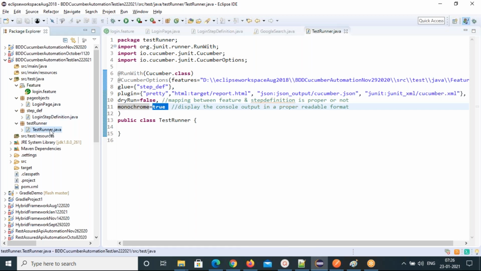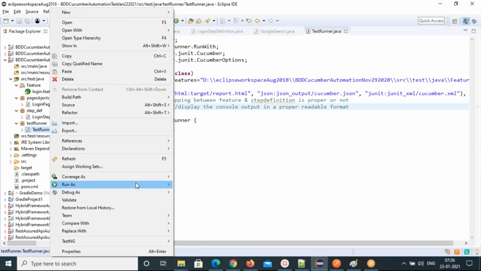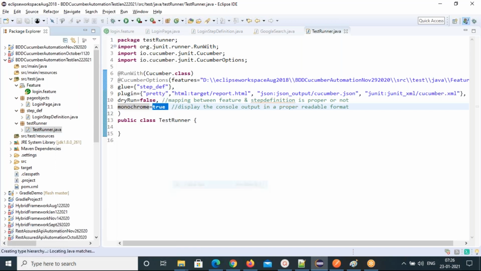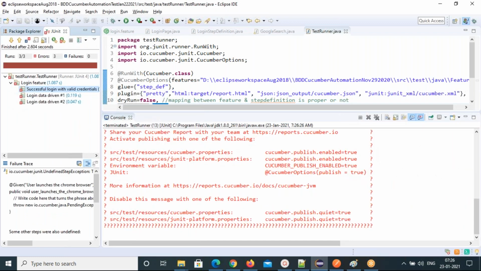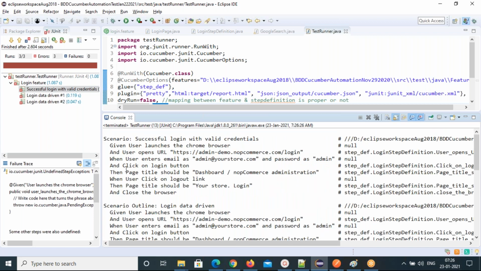Now let's run this. Right click, run as JUnit test. It failed. What is the reason? Undefined step definition: user launches the Chrome browser.